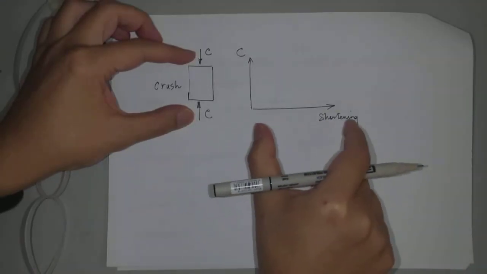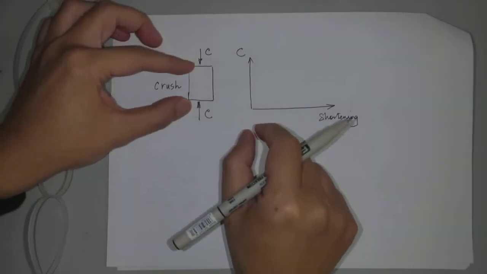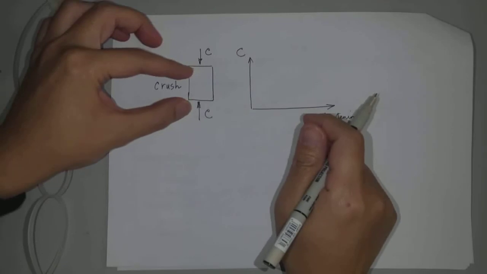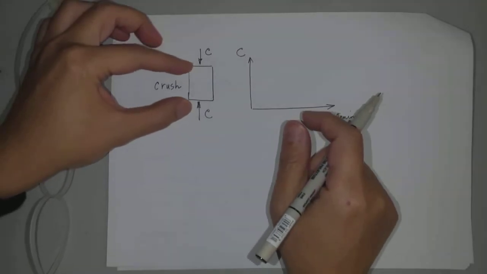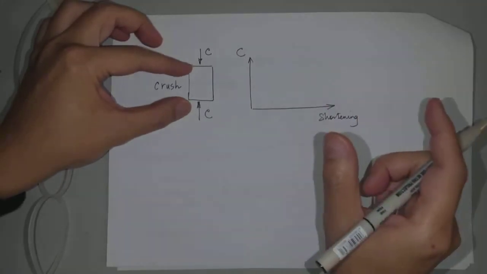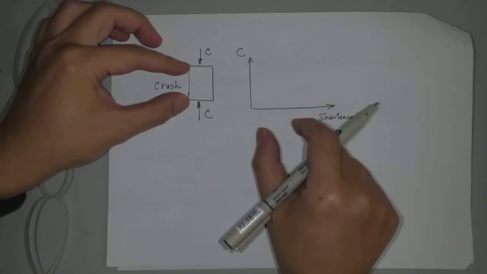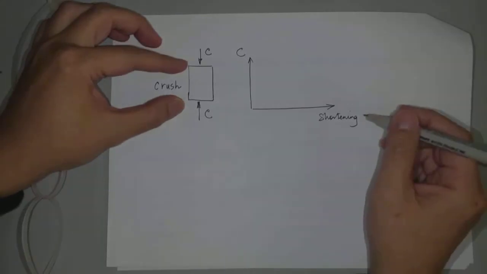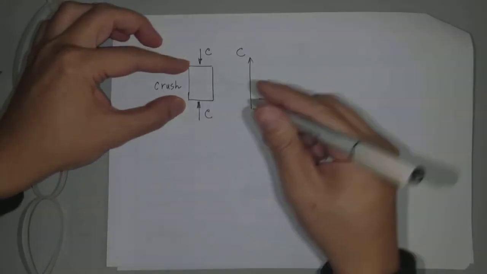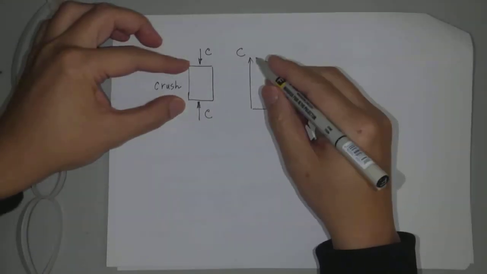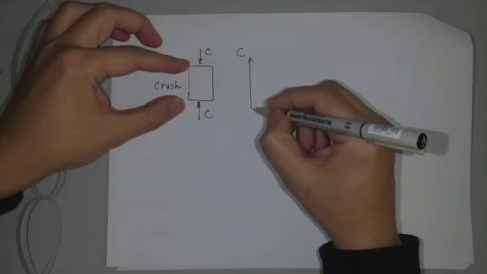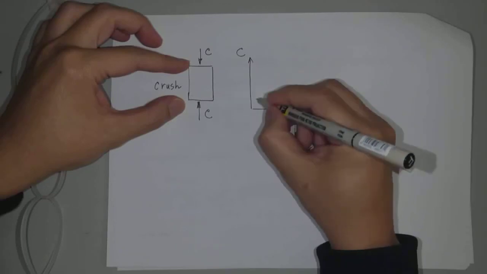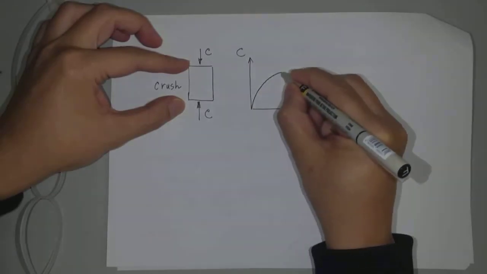Of course, the magnitude of shortening is actually very small, so small that you cannot see it, you can only measure it through your instrument. If you do this experiment and plot C against shortening, it's not a straight line, it's sort of a parabola. So it would be something like this,